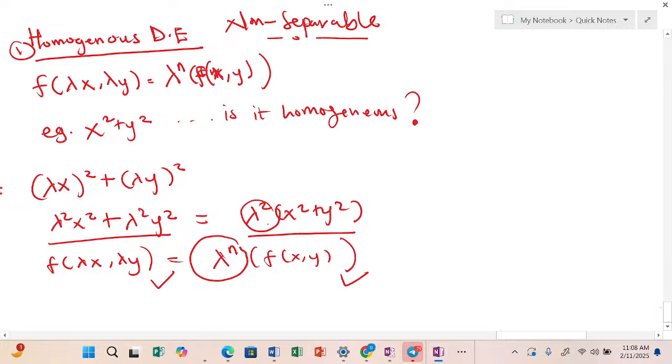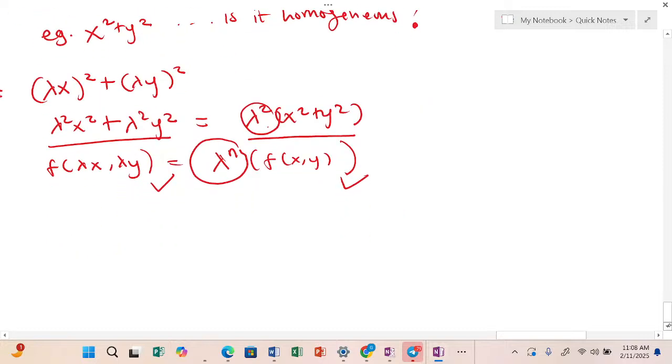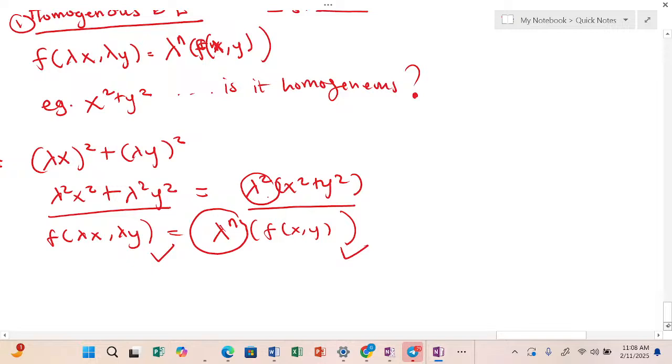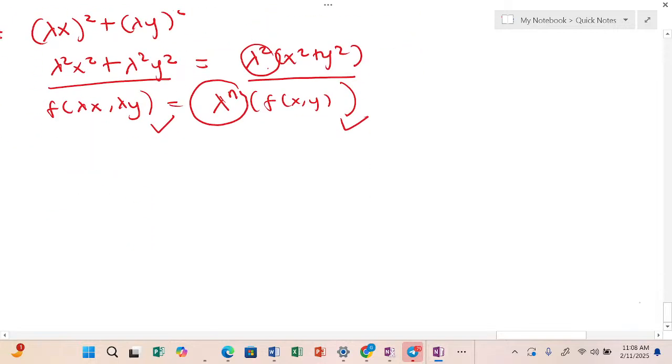So when you have a homogeneous differential equation, how do you solve it to get your general solution? But mind you, this equation is not separable. So we introduce